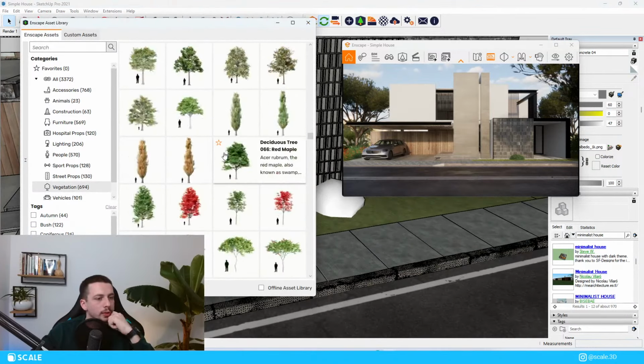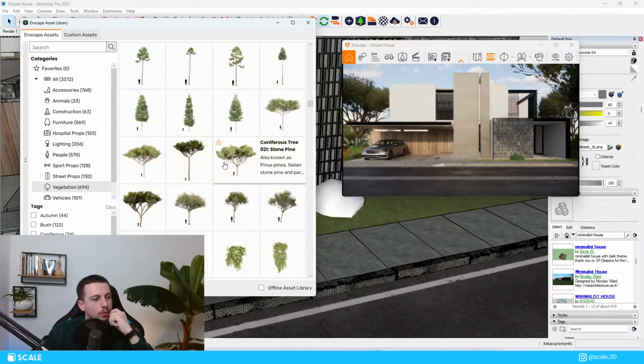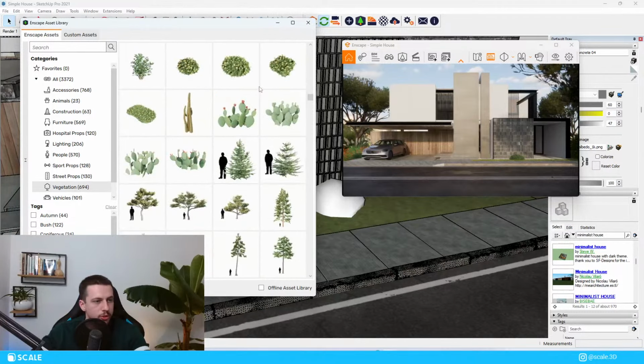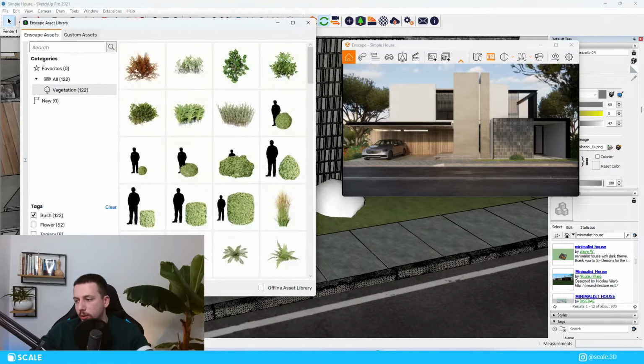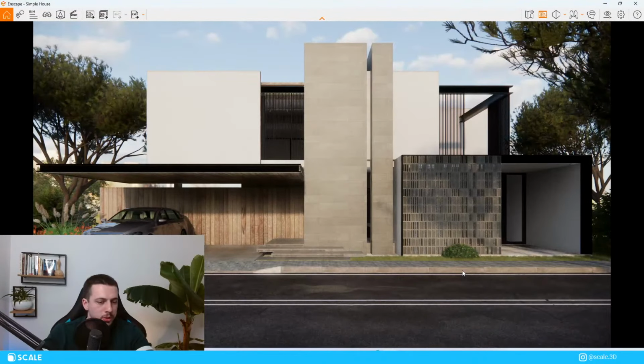I'm going to go ahead and let me just choose this one, it's the same one. I just want to look at some bushes. I'm not sure why I'm not using the categories for now. So if you make the image a little bit bigger here, what I can say is that it's kind of flat. There are some improvements that can be made to the materials to make them a little bit more imperfect. But